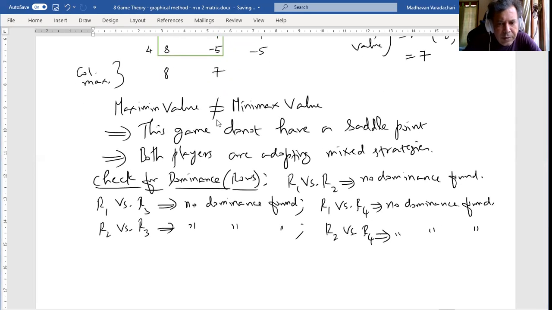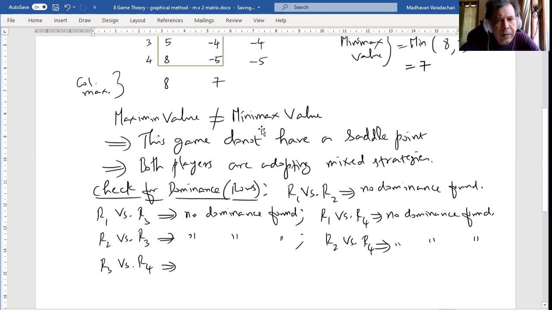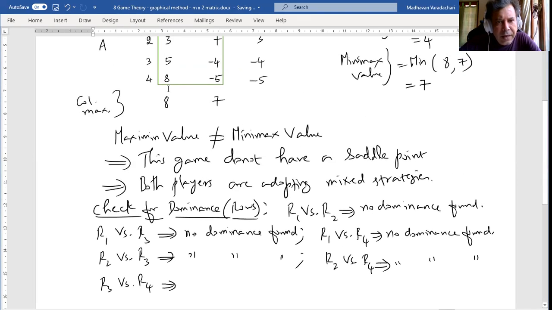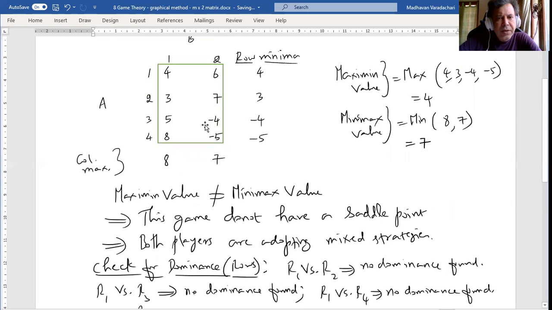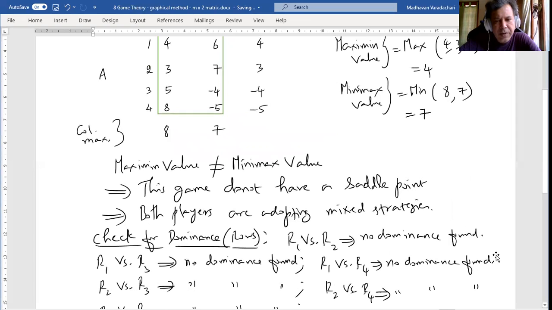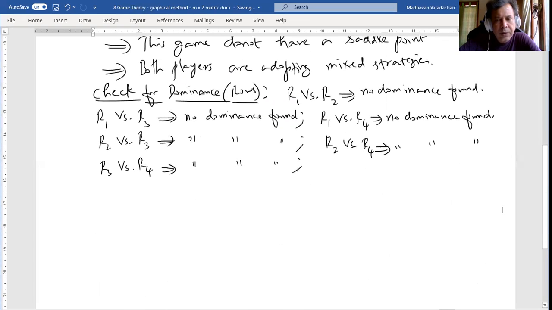Then the last comparison is between row 3 versus row 4. 5 is lesser than 8, whereas -4 is larger than -5. Again, there is no dominance found between these two rows. That means the dominance property is not helping us to reduce this 4 by 2 matrix, right? We are not able to reduce it. So we'll proceed with finding the